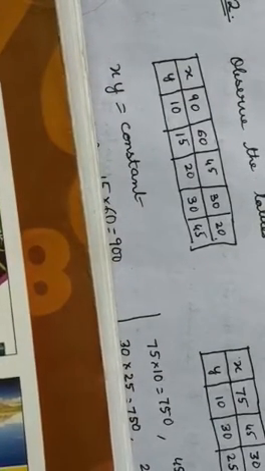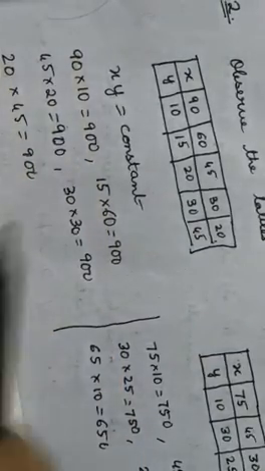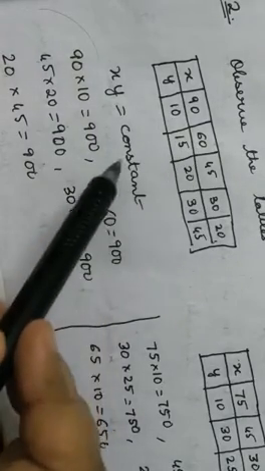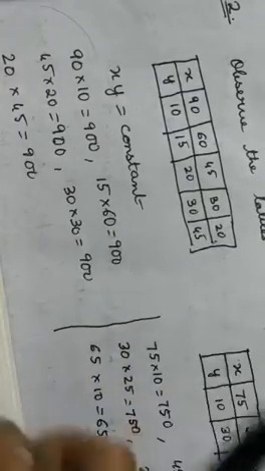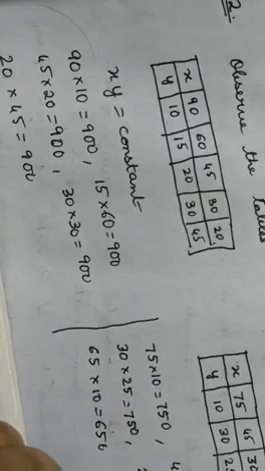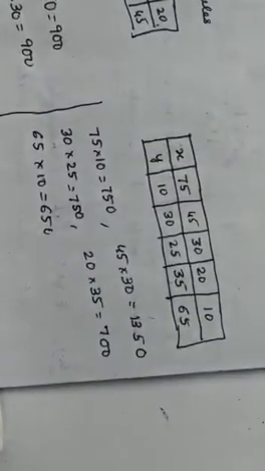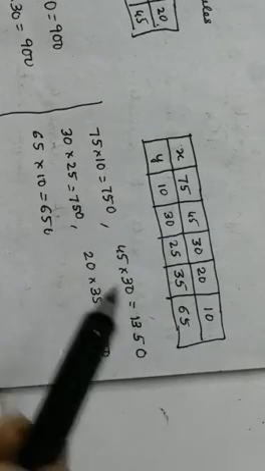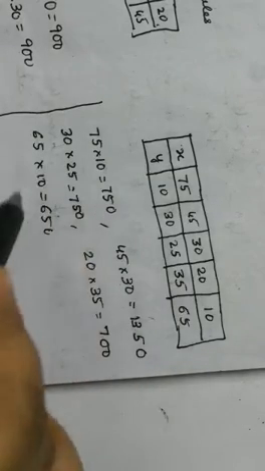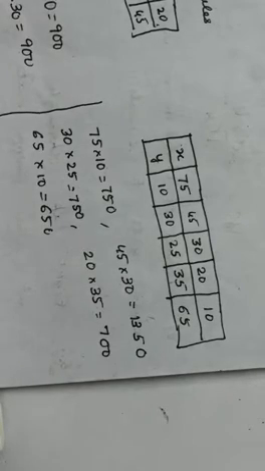So let us check whether it is in inverse proportion or not. Is x into y a constant here? 90 into 10 is 900. 60 into 15 is also 900. 45 into 20, 900. 30 into 30, 900. 20 into 45. All of them are 900. So this quantity is inversely proportional. Now let us move on to the second table. 75 into 10, 750. 45 into 30, 1350. All different. 30 into 25, 750. 20 into 35, 700. So these x into y values are not the same. So this quantity is not inversely proportional.